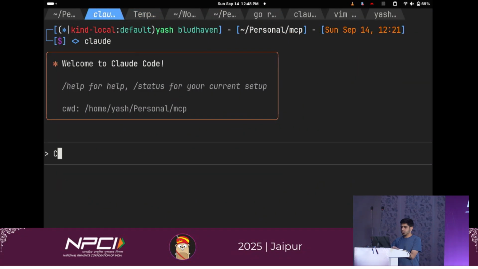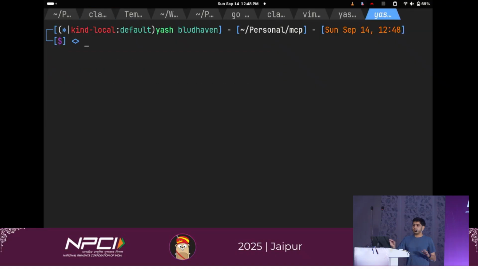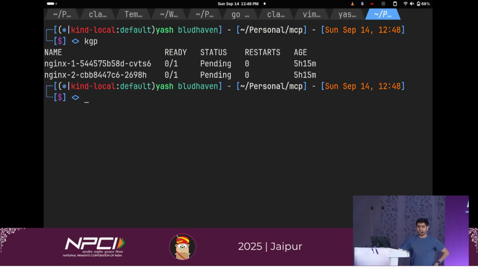Okay, how many of you are familiar with Kubernetes? Just a few. So you don't need to know fully how it works. Let's say we are running a Kubernetes cluster and we deployed 2 workloads, and for some reason both of them are pending. Now I do not know how any of it works.